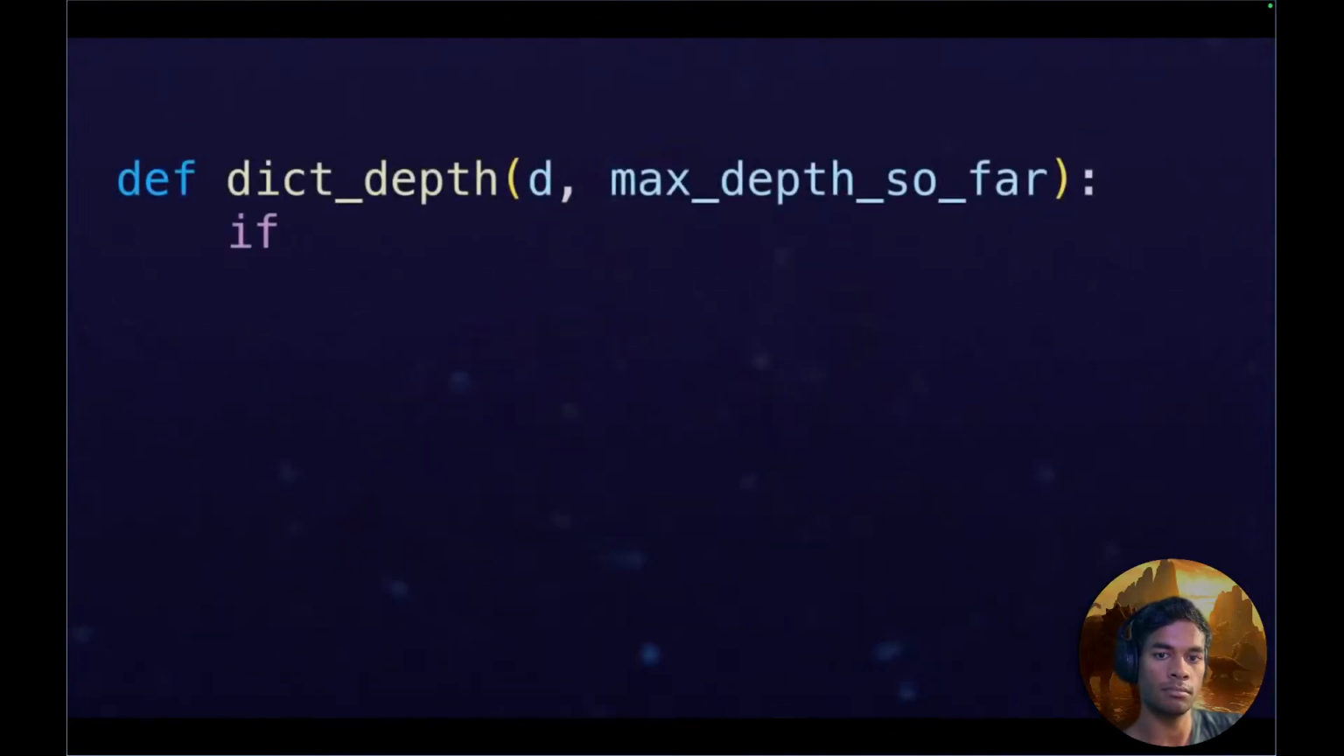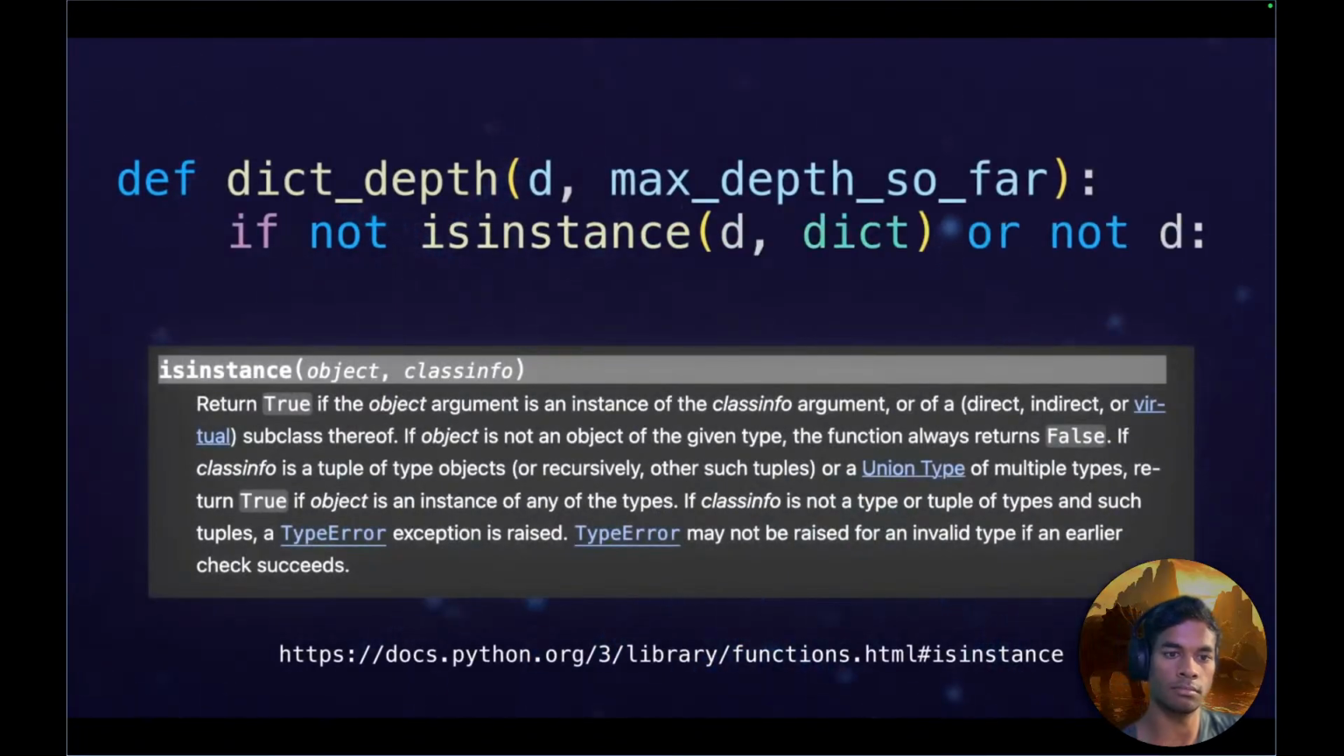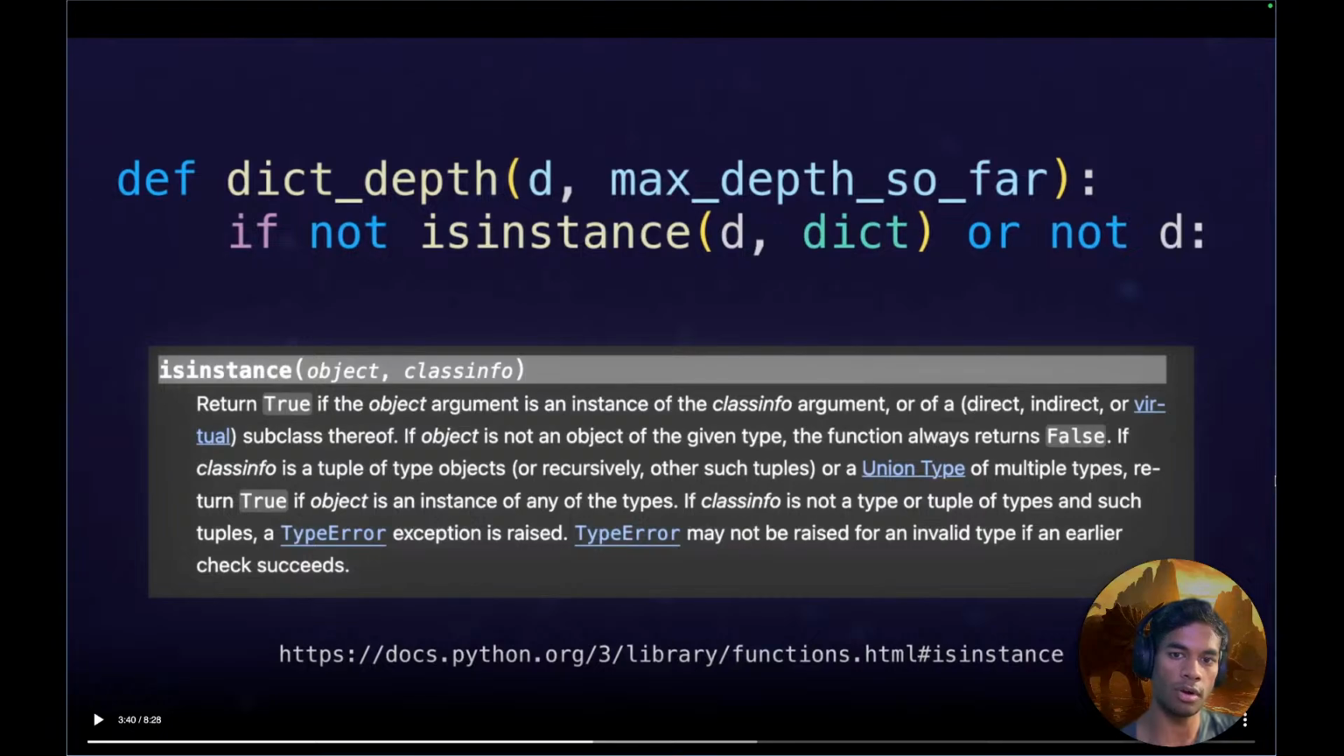Now this time let's start with the base case, just so we have a different way of approaching this problem. And our base case should be when there's no more dictionaries to recurse into. So if d is not a valid dictionary, for example, if not isinstance d of dict,